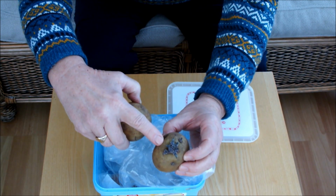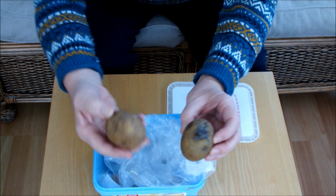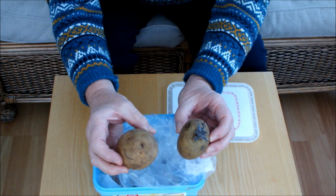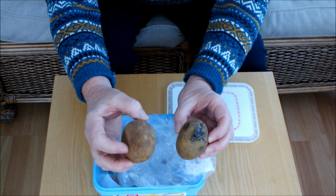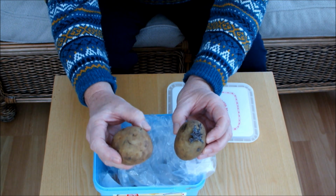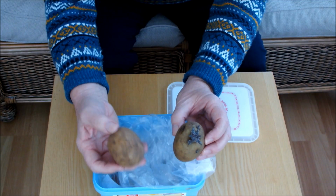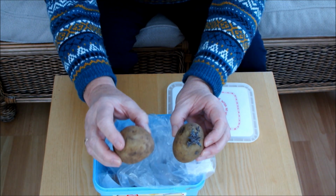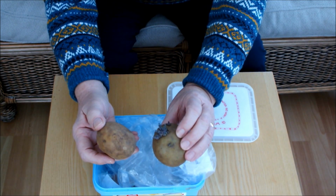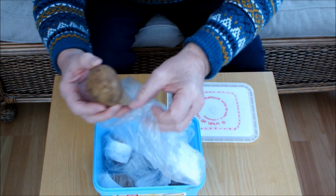This one that was in the light and the warmth has thrown the chits up. This one that was in the cold and the dark hasn't started to chit up yet, and that's deliberate. That's what I was trying to do. I was trying to delay this potato chitting up by keeping it in the cold and the dark. So far, so good. We'll pop this back in this bag,